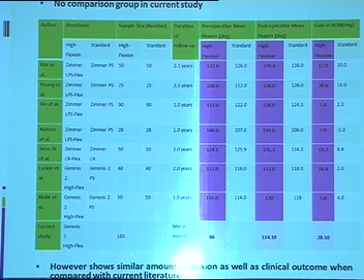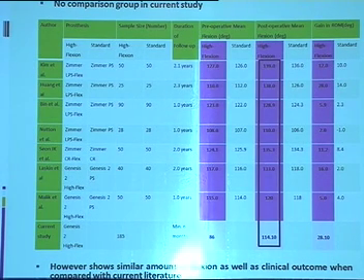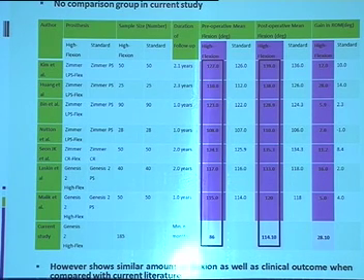So there was no comparison group in this study, but the results were similar. If you just look at this table, the mean range of flexion which we gained is 114 degrees, which is less as compared to the other studies. But if you compare the preoperative range of movement, in our patients the preoperative range of movement was also significantly less as compared to the other studies,